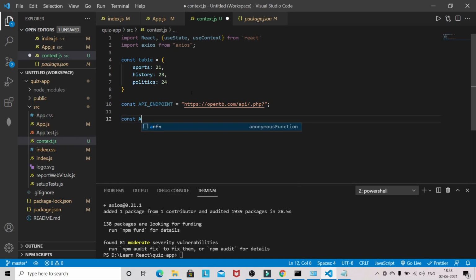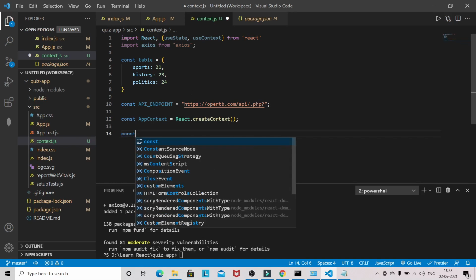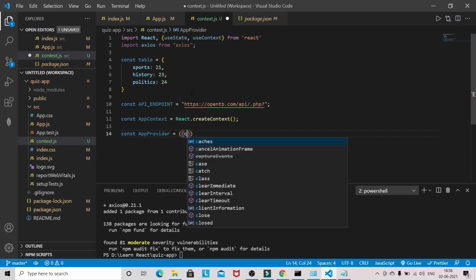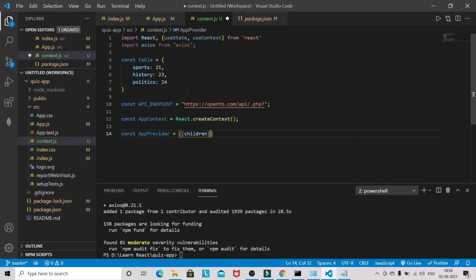Now const AppContext equals React.createContext, and then const AppProvider,